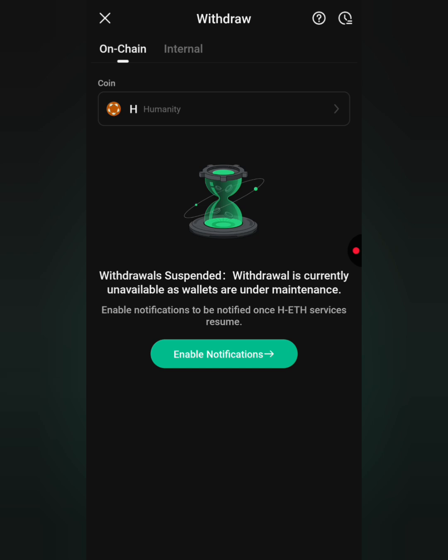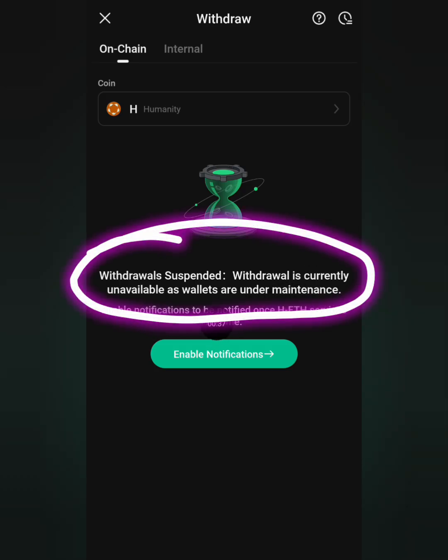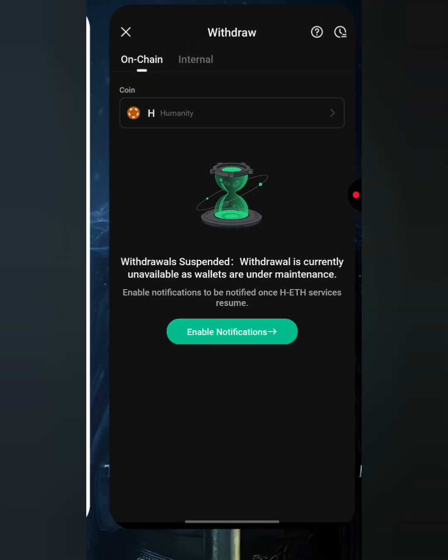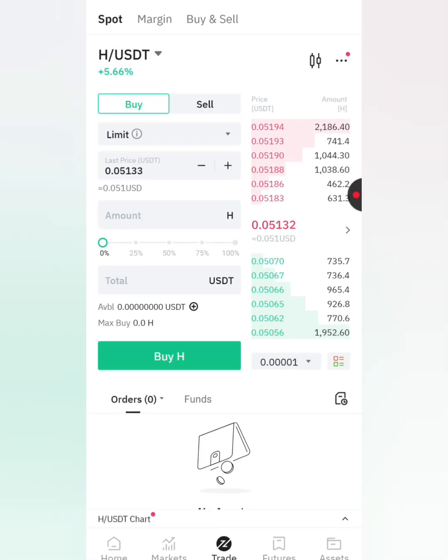So this actually happens a lot of the time, but you can keep a lookout for this type of arbitrage opportunity to see when the withdrawal suspension will be lifted, okay? Because currently it says withdrawal is currently unavailable as wallets are under maintenance. So hopefully, if there's an arbitrage opportunity like this after the maintenance, I'm going to make a live transaction by purchasing this token from KuCoin and selling on BitMart and make a profit live for you to see,